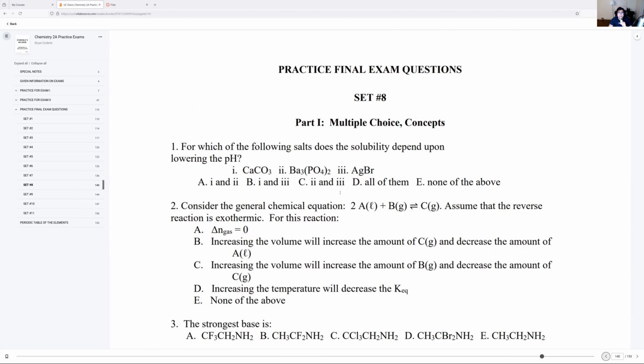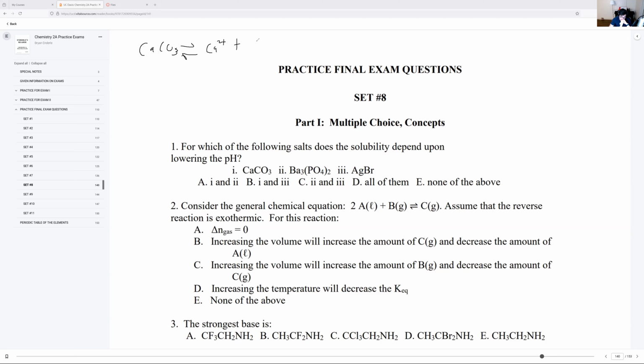So, well, first, you should ask yourself, what does lowering the pH do? It increases the hydrogen concentration. As we talked about before with solubility, really, solubility is just Le Chatelier's principle, right? More soluble means that the reaction shifts to the right under certain conditions. Less soluble means it shifts to the left. So, which one of these reacts with hydrogen, basically? If these were to fully dissolve, if you were to write these, CaCO3,